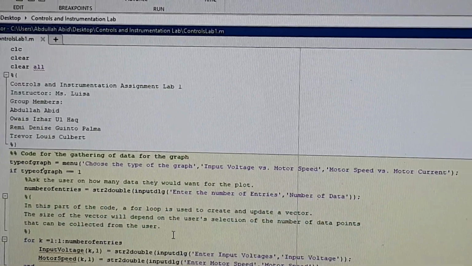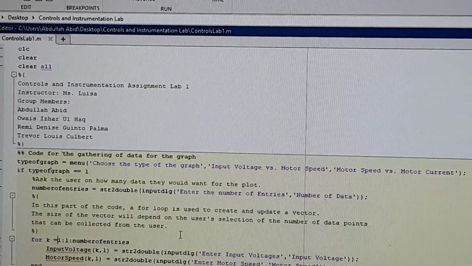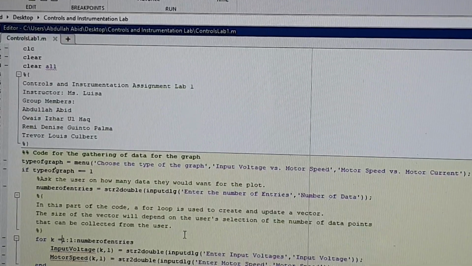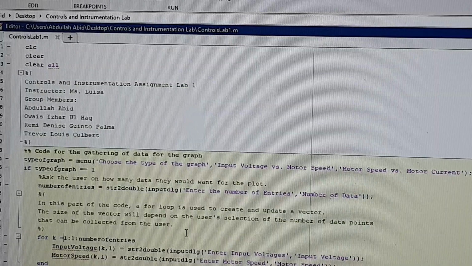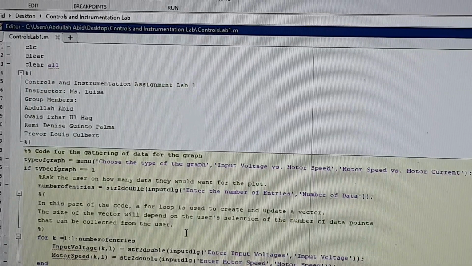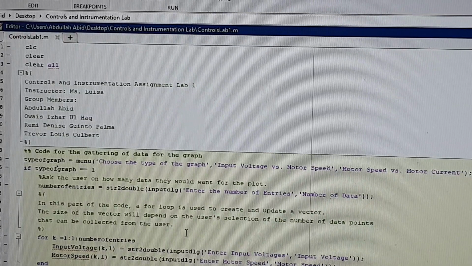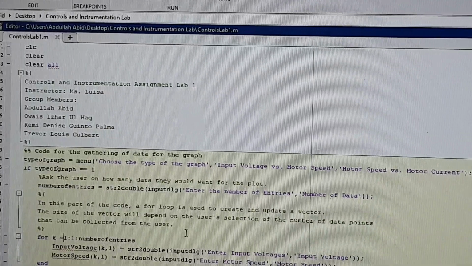I need to have the input voltage in one vector. I need to have the motor speed in the second vector, and I need the vector to be as long as the user has selected. For example, if the user has selected 4 entries, that he will enter 4 entries, then it should go for 4 times. If the user has selected 5, it should ask the user, the vector should be 5 long. So